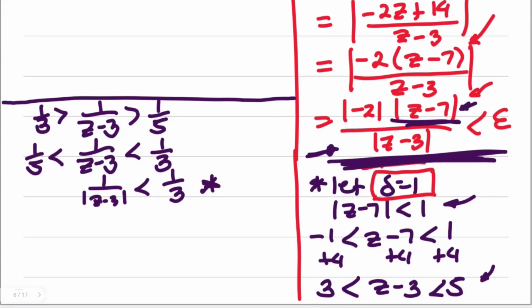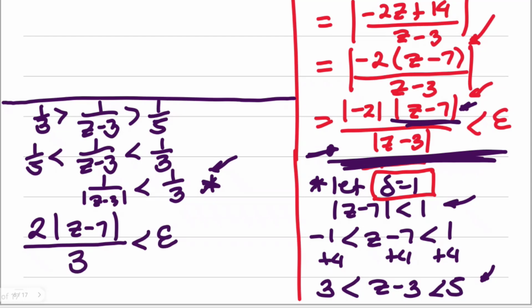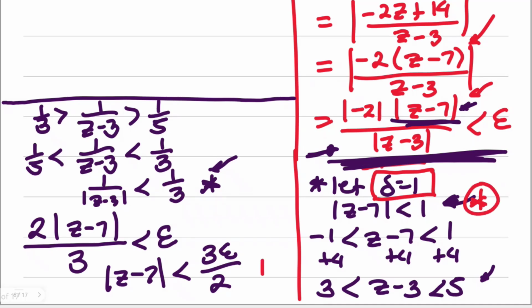So you have here the absolute value of negative 2 is 2. Let's retain z minus 7. This is actually 1/3 as well, because it's already in the denominator. This is less than epsilon. So for our next representation for z minus 7, aside from this being less than 1, it is actually less than 3 epsilon over 2. This is the second one. Okay, this is our first representation for delta, and this is for our delta using this first value as well.